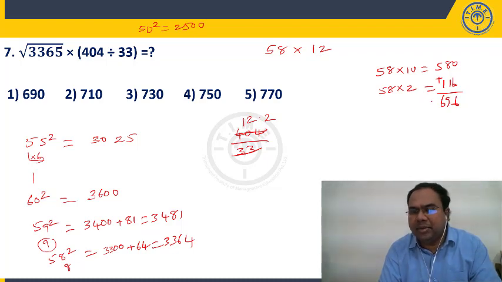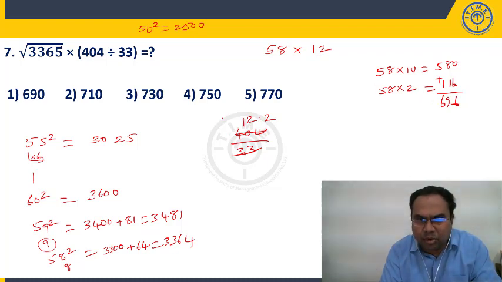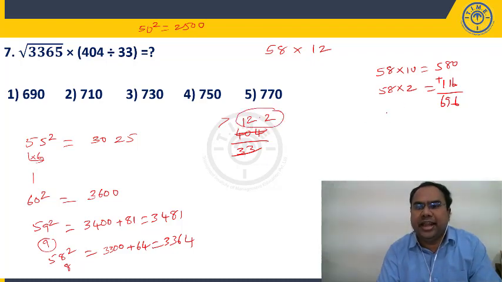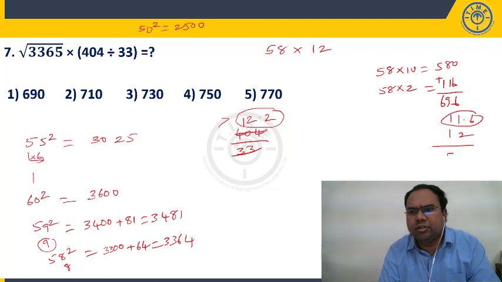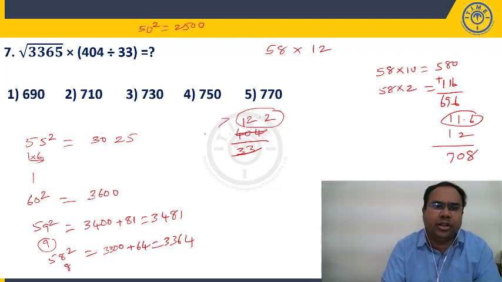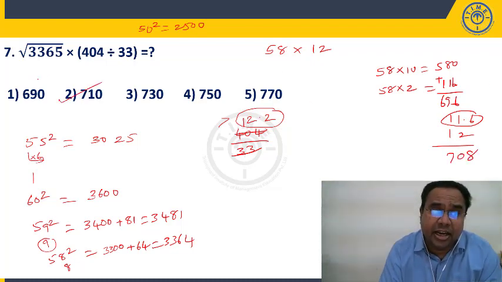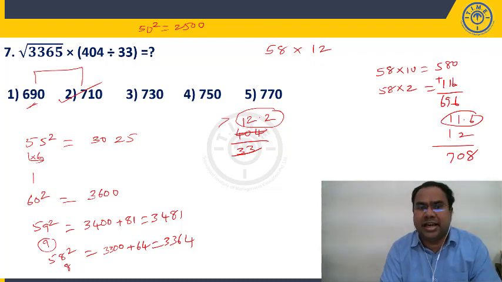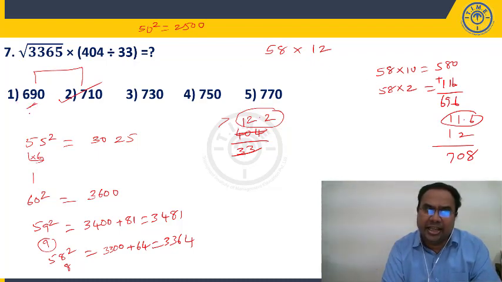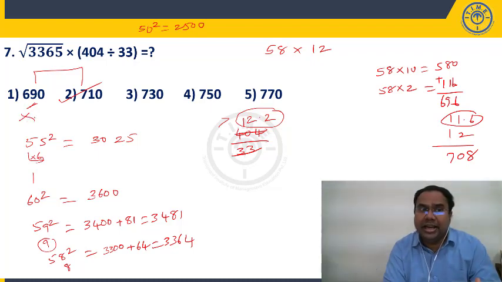If I am multiplying by 12, I am getting 696. It has to be more than that, right? Because it is 12.2. So 58 into 0.2, we know 58 into 2 is 116. 58 into 0.2 will be another 11.6, another 12 I have to add, let us say. If I add another 12, it should be around 708. So among the given options, my answer has to be 710. Most of the time, the students will mark 690 as the answer, because for 696 the closest option is 690. There you might go wrong. You have to be a little careful, students.